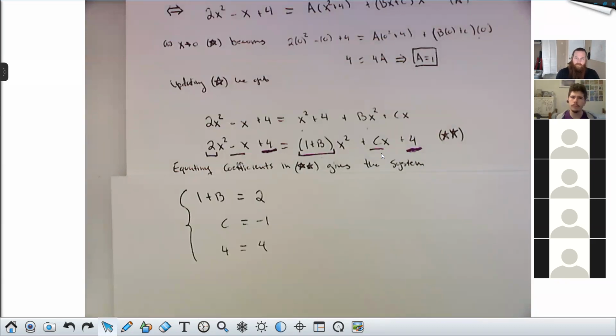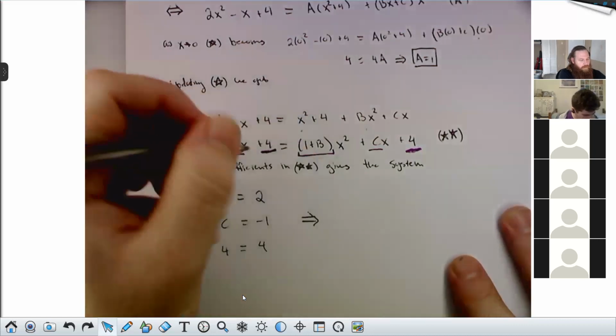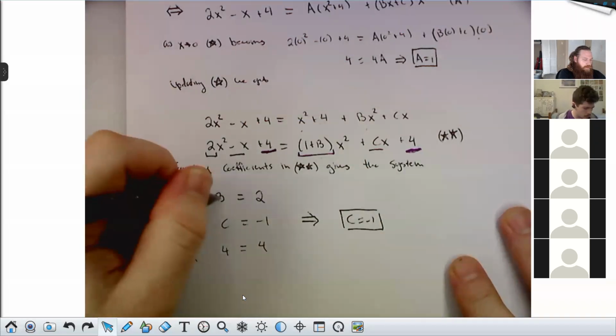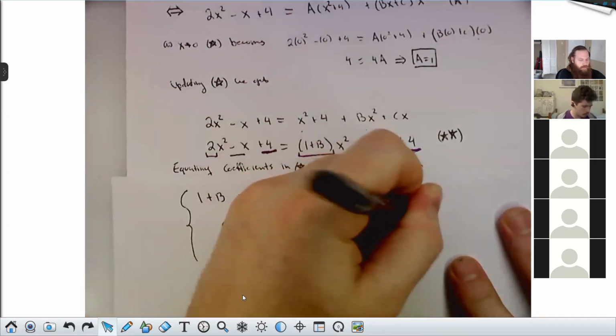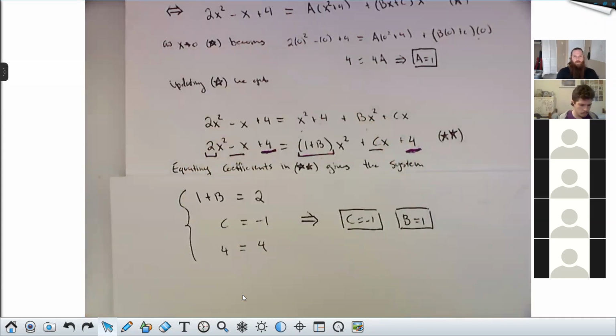And this is a simple system, right? Right away, I can read off B and C. It's a nothing job. It would be much harder if I hadn't used Heaviside to pick up A at first. If I hadn't used Heaviside to pick up A at first, I would have had other terms in here. This wouldn't be such a sparse system. But from this, I can deduce that C is negative 1, of course, and that B is 2 minus 1, which is 1. So now I have A, B, and C,